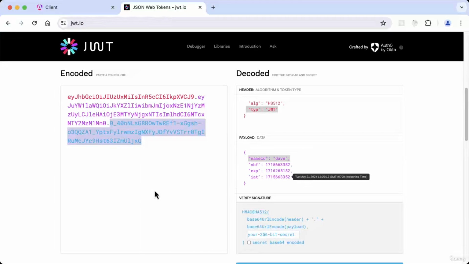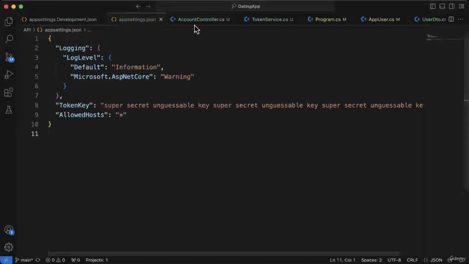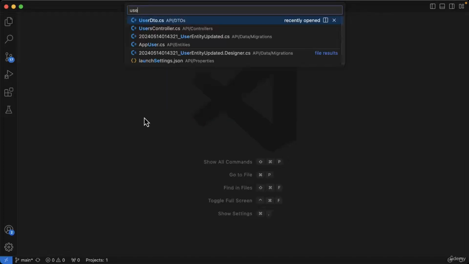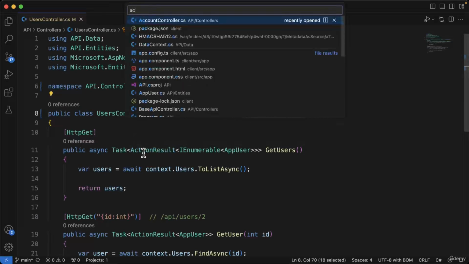Okay, let's see how we can use our new token to authenticate to our API endpoint. So let's clean things up at the top. Let's pick on a controller, our users controller, to demonstrate this. Now our account controller,